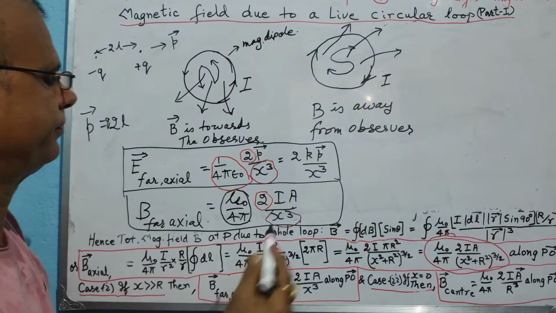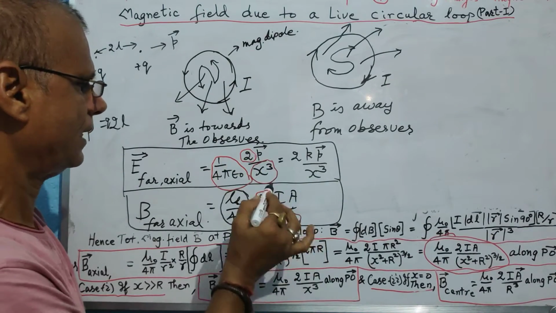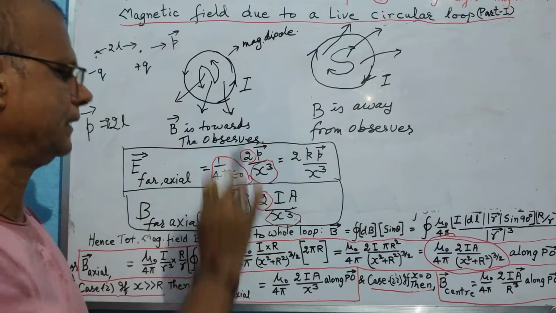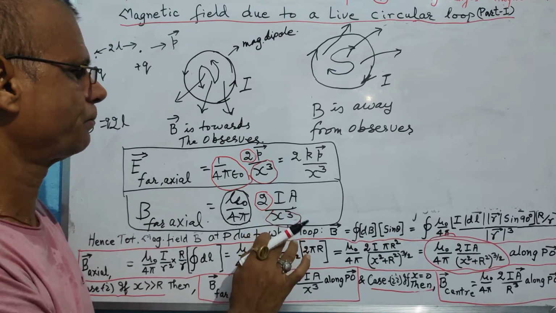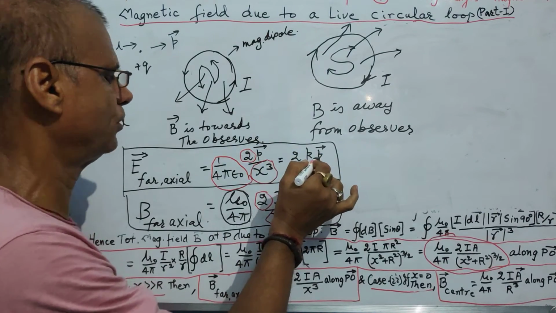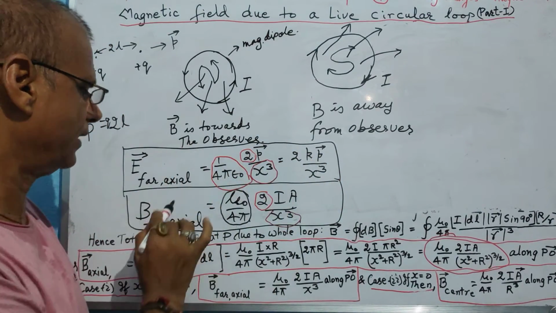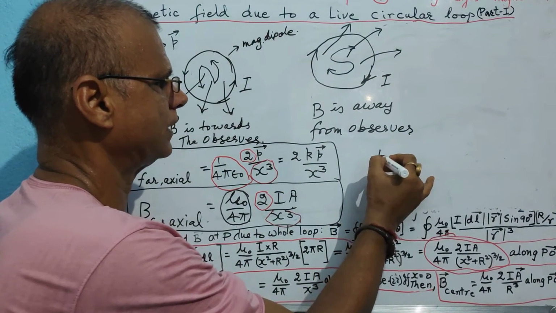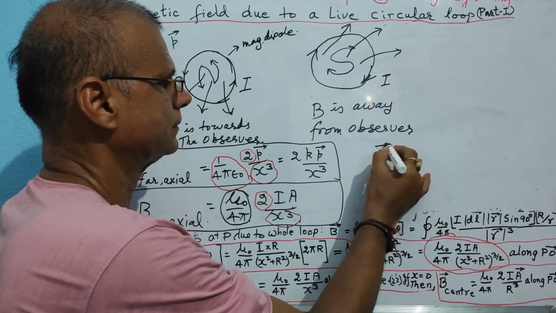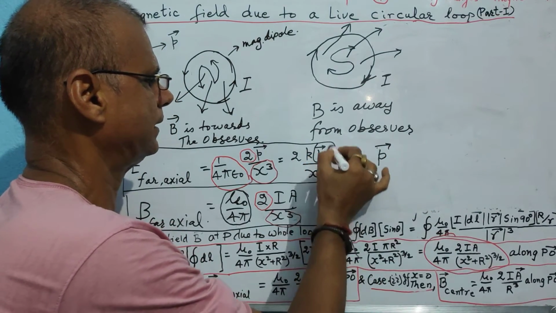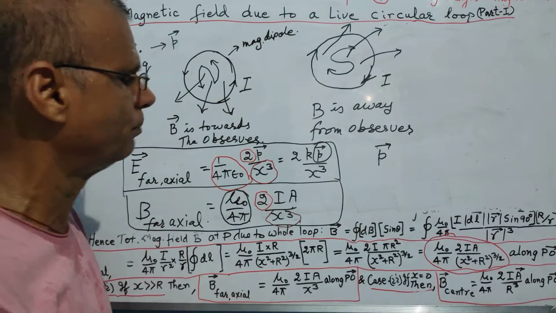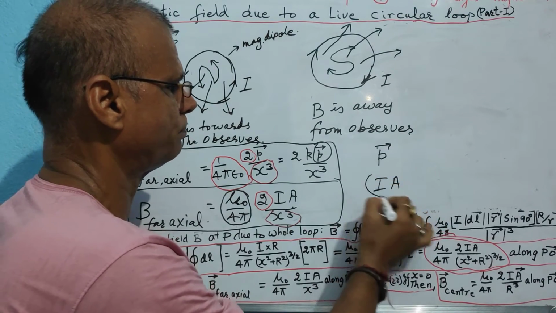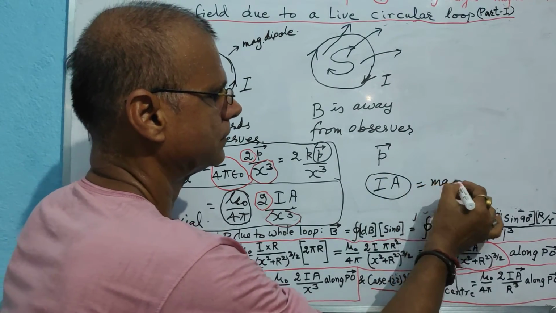So now what we are left with is that Ia stands in the same place in the expression for the magnetic field due to a magnetic dipole at a far axial point, where the electric dipole moment stands in the expression for the electric field at a far axial point due to an electric dipole. So on comparison we can write that if this represents the electric dipole moment, then certainly Ia should also represent the magnetic dipole moment.